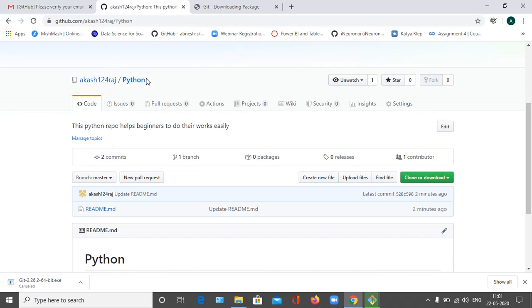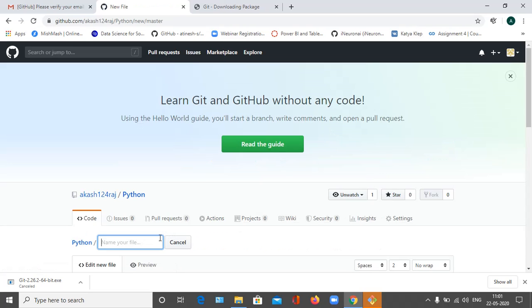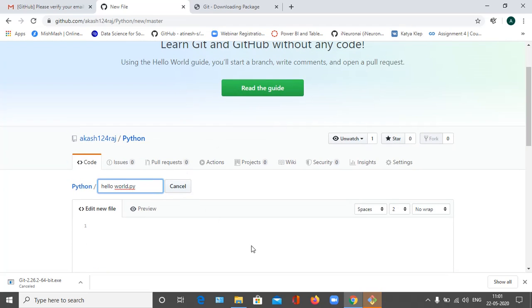You can see here, if you want to add something, you can directly add it by clicking on upload file or create new file. Suppose you want to add something new, you can create a new file here. Give your file name helloworld.py. I'm using a Python file. Click right here.